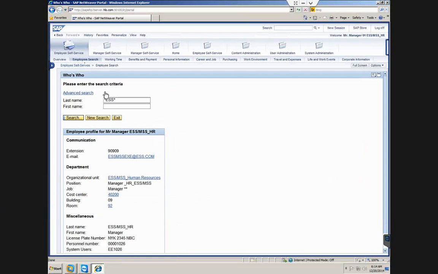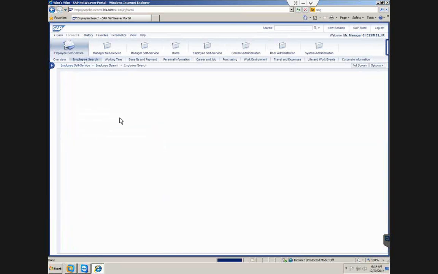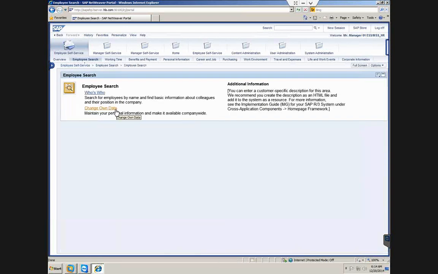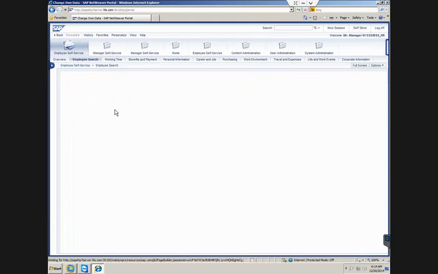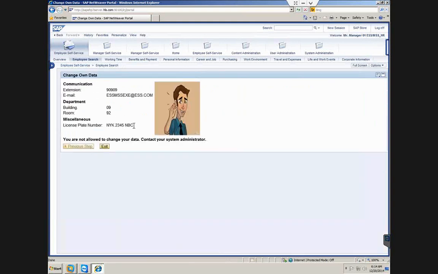Now again go to this employee search or exit. Now here we have the second service, that is change on data, right? Now just click on this change on data. Now here you are not allowed to change your data. Contact your system administrator. That means we are not allowing the employee to maintain the extension, email, building, room number and then license plate